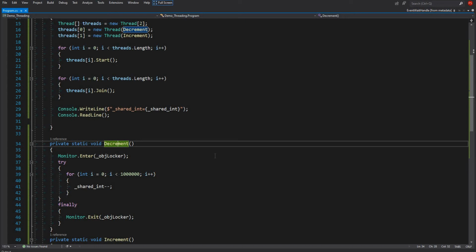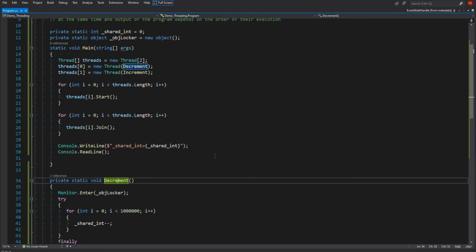And to fix it, first we changed the order so that we first ran one thread, then waited, and then ran another thread. That means we did not allow both threads to touch or modify our shared integer variable at the same time.